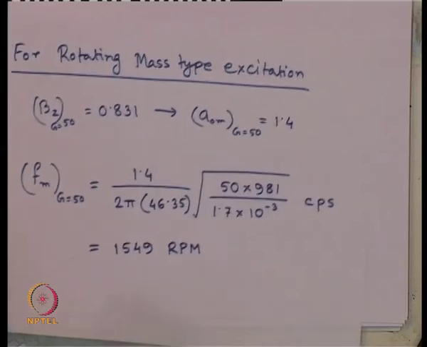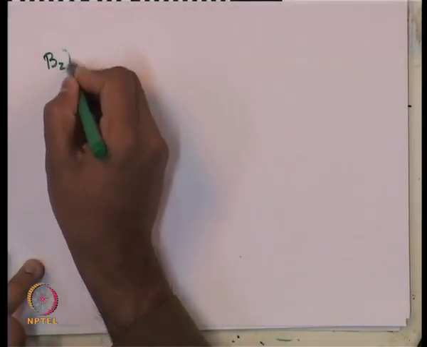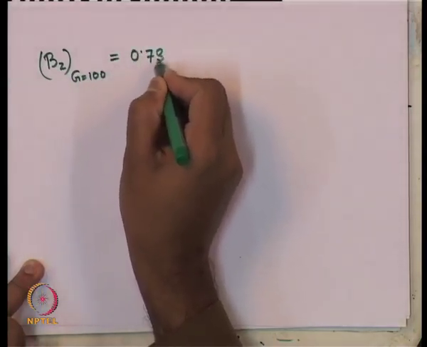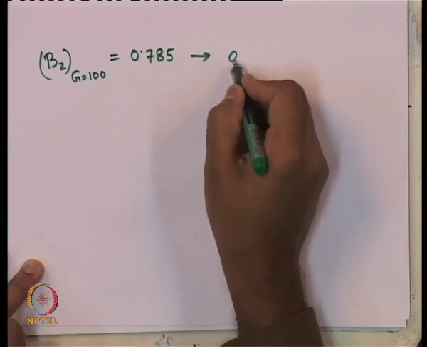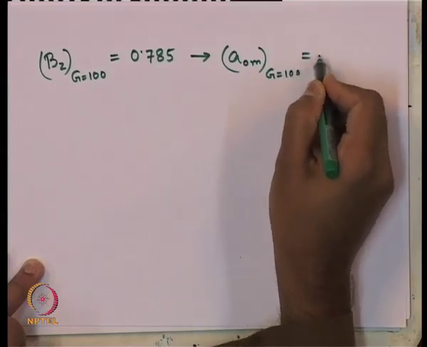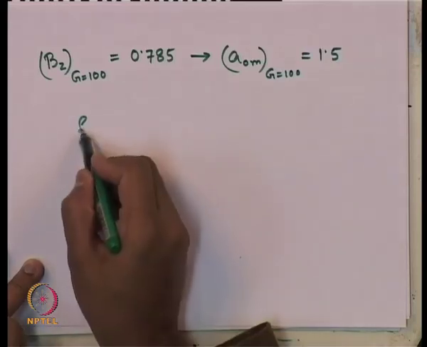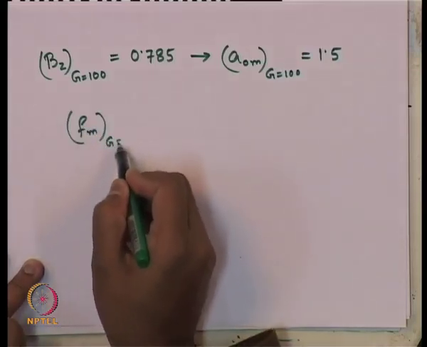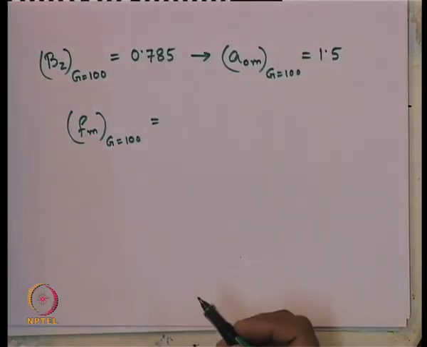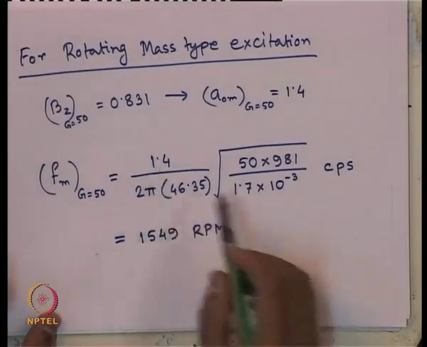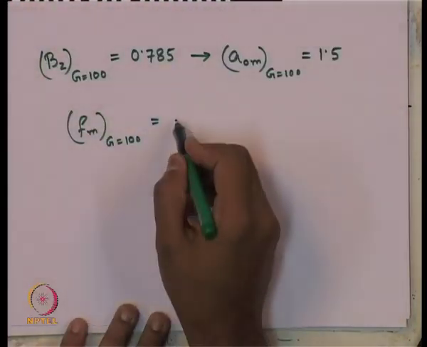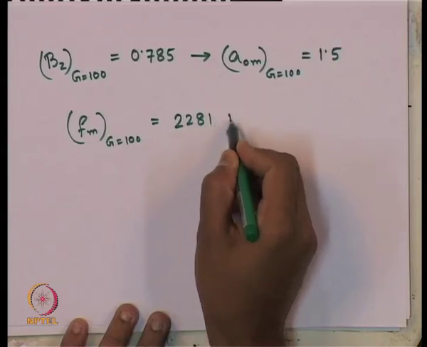Next, for BZ corresponding to G equals to 100, we have the value as 0.785, which from the design chart will give us A naught m. I am reading it as 1.5, which means f m for G equals to 100, after putting this value in this same expression, the changes will be, this is 1.5, this is 100, this is 1.8. Okay. I am getting 2281 RPM,